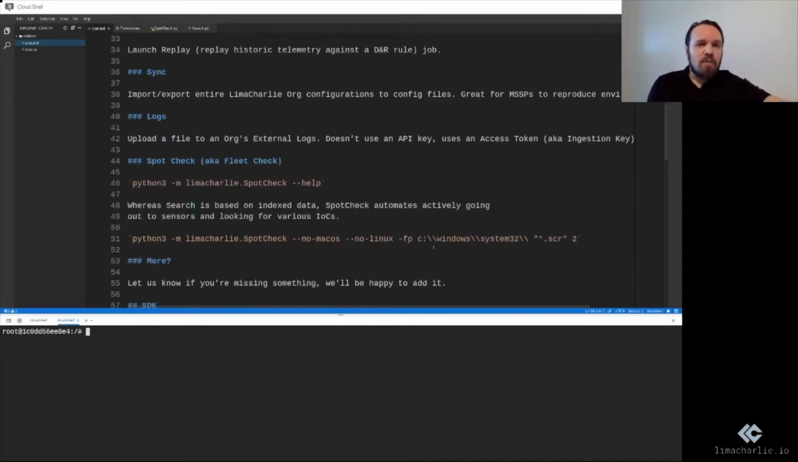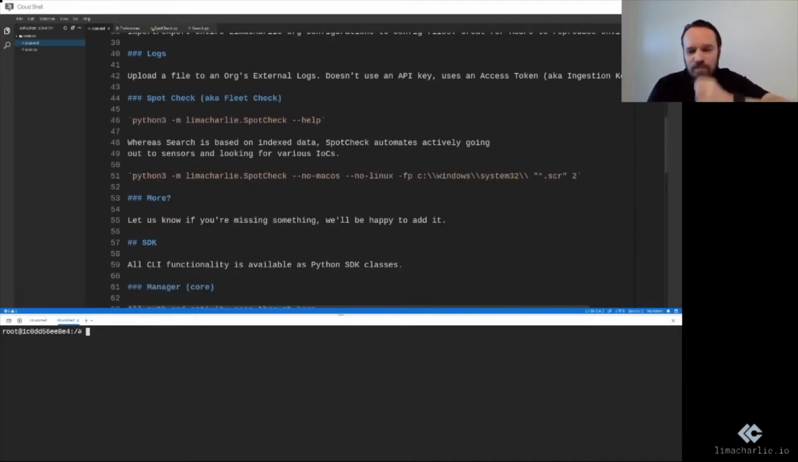Spot check, also sometimes known as a fleet check, is a very interesting one. So we talked about search before. So the search is looking for an IOC in historical data, right? So I want to see if any of my hosts resolved evil.com in the past year. Spot check allows you to take the mirror approach of that, which is to say, I don't want to look at historical data. I want to actively go into those hosts that are in my organization and look for